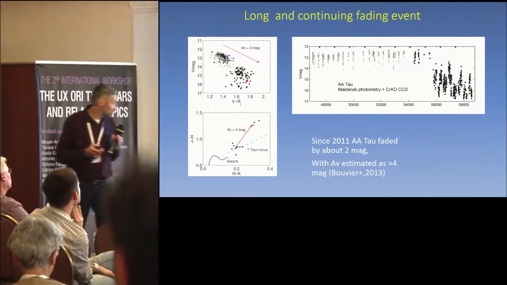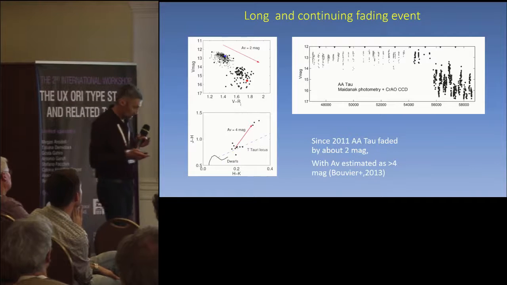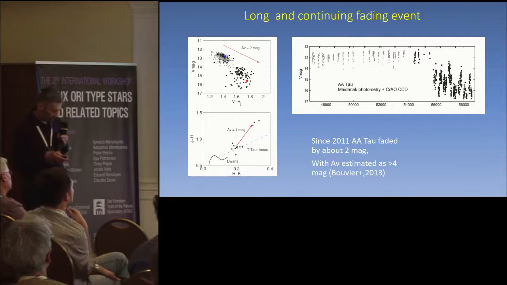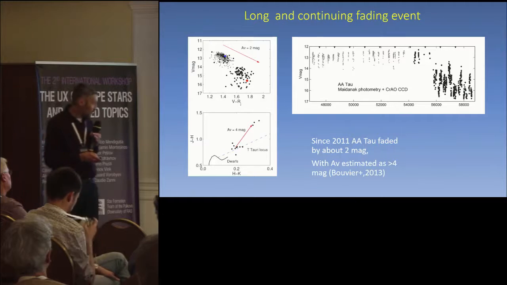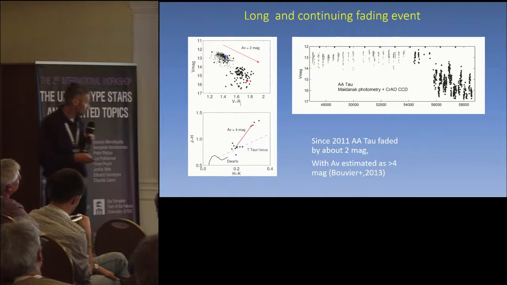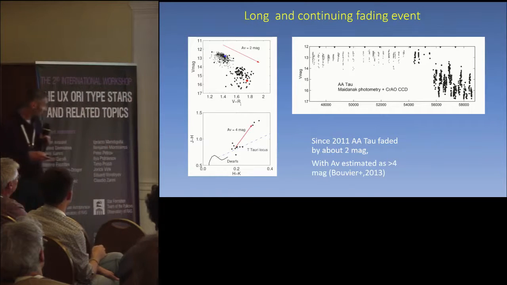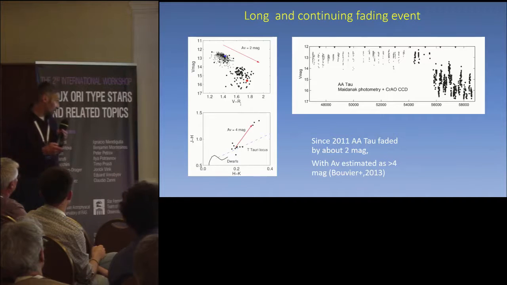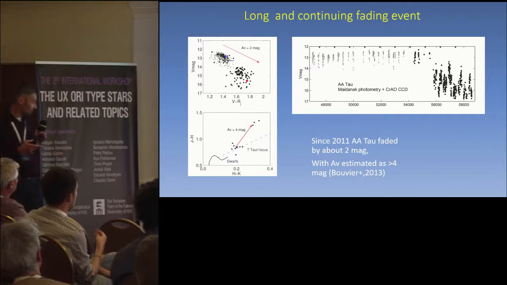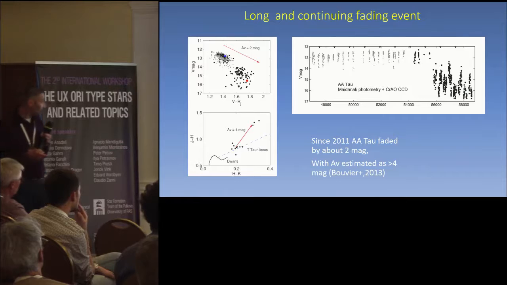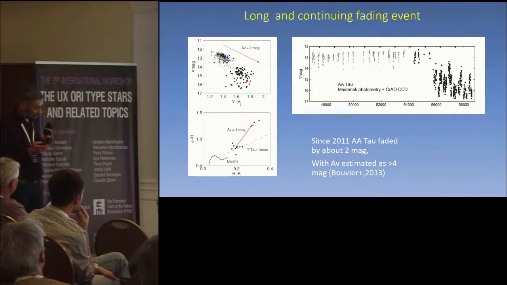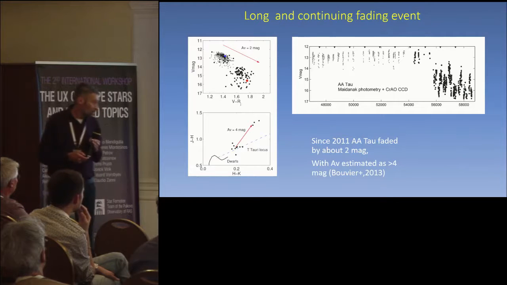And in 2011, the brightness of AA Tauri fell, and it is still in this faint, low light state. Bouvier and others analyzed the color characteristics of this fainting event and found that the event is caused by small dust because, as we can see here, it is redder in this state,